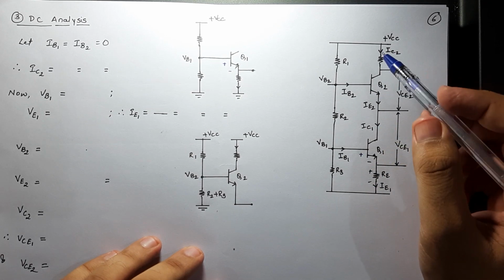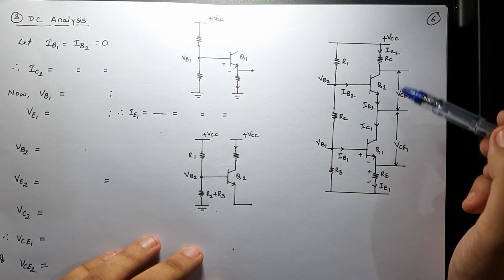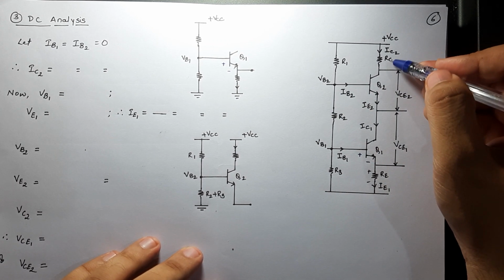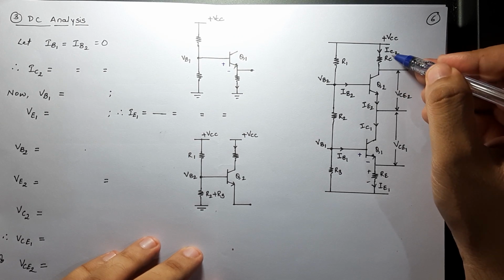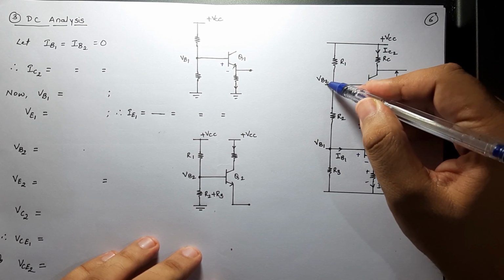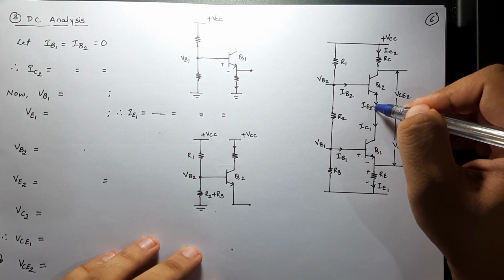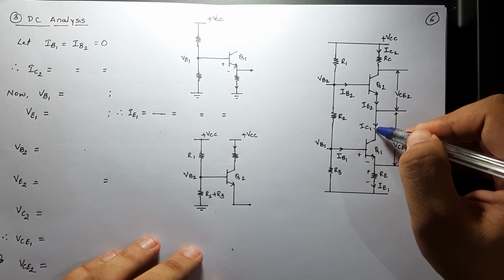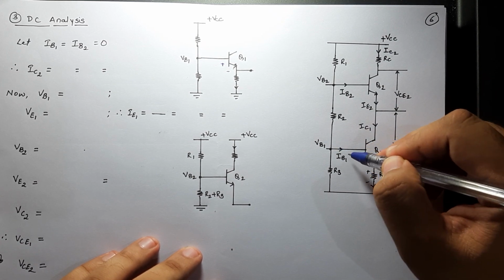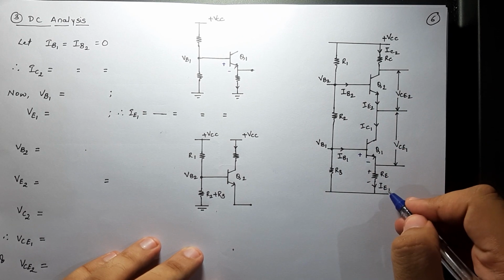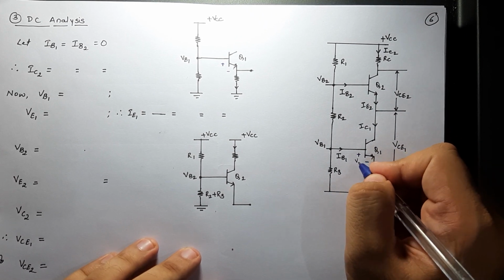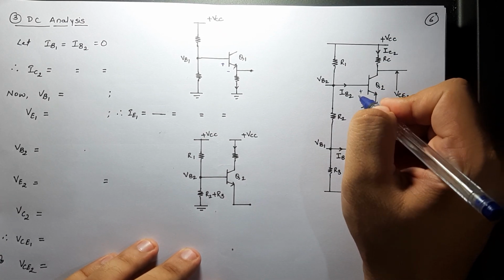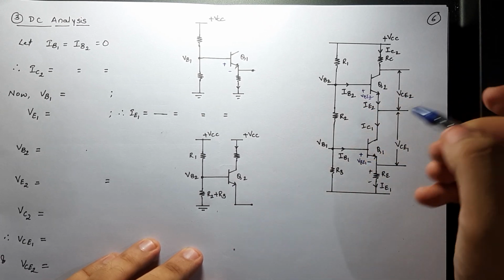In this diagram, for the very first time, I have mentioned all the currents and voltages which we are going to encounter. For example, if this is RC, the current flowing through it will be IC2. The one coming from here, that is from VB2, will be IB2. Both of them result in IE2, which finally becomes IC1. Now this IC1, combined with IB1, gives IE1. Again, there is a mention of VBE1 over here, and you may also mention plus minus VB2, VE2. Let's see if they are useful or not.